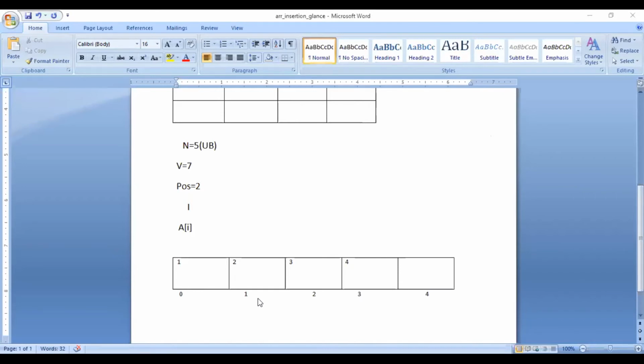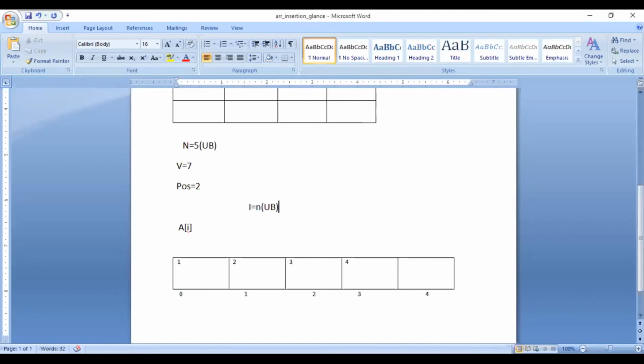Now what will happen? First of all, we have to increment this I pointer, or we can say we have to move this I pointer up to n, or we can say up to the upper bound.